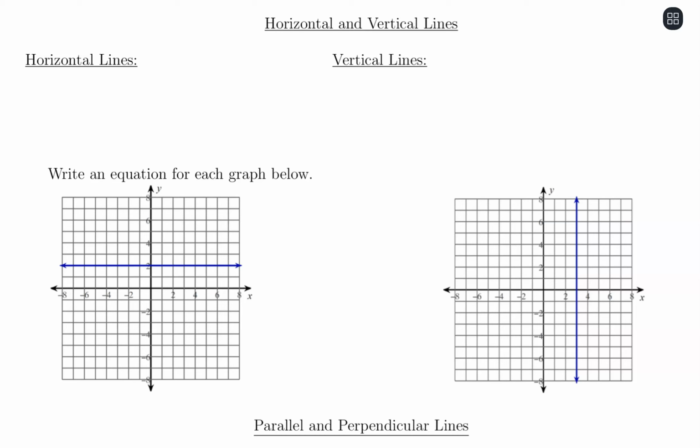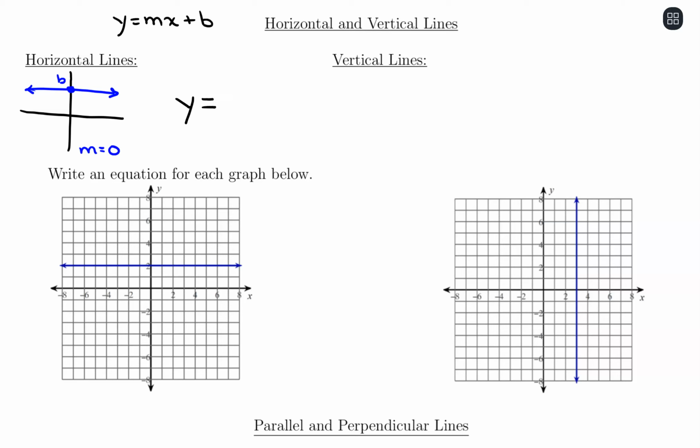So I mentioned horizontal lines briefly in that last video. A horizontal line, if we draw our axes, is just a flat line that we're graphing. It's going to have some y-intercept, and then the slope of this line is actually 0. So we have some value for b, m is 0. If we're following that y equals mx plus b, and we have some value for b, but m is just equal to 0, what we're going to end up with in terms of an equation